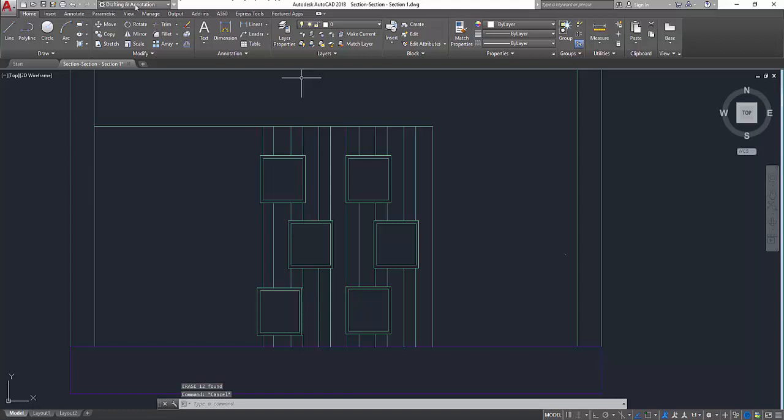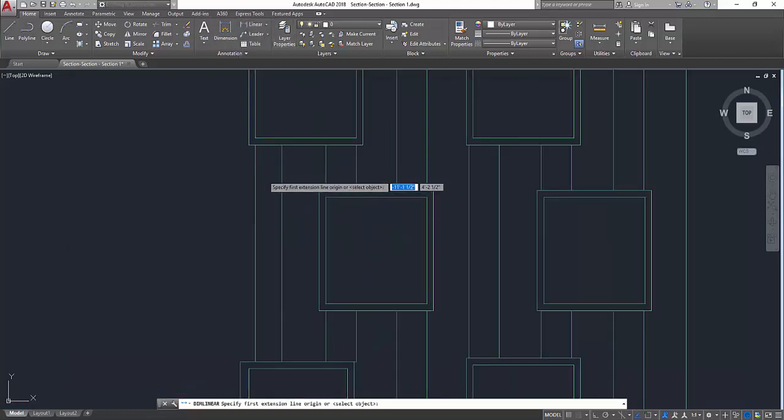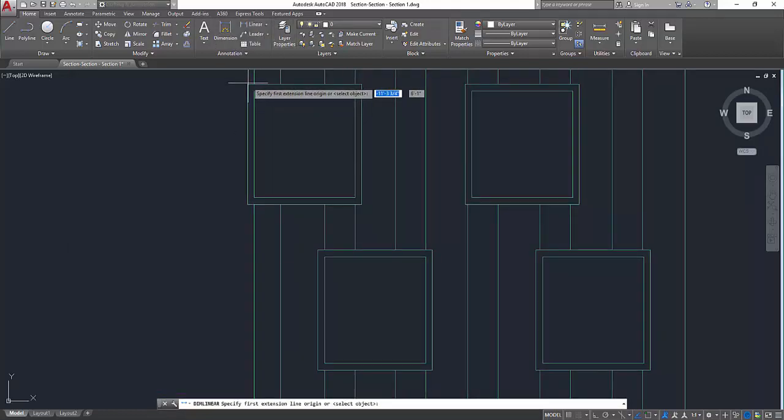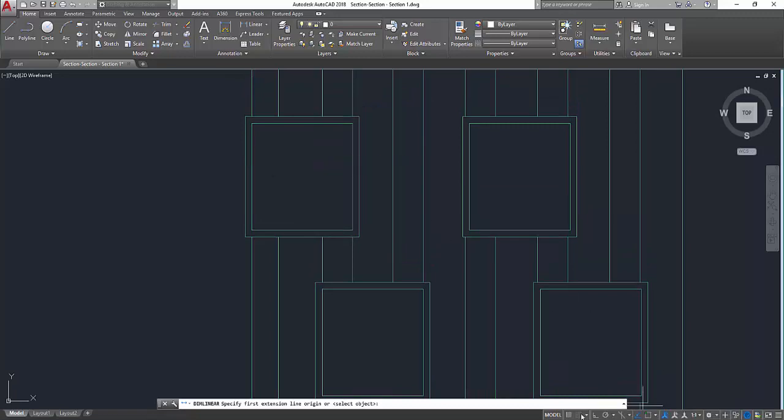Here I can just take the dimension tools, measure it, and give it to my customer. I'll just measure it like this. I guess the snap tool is off.